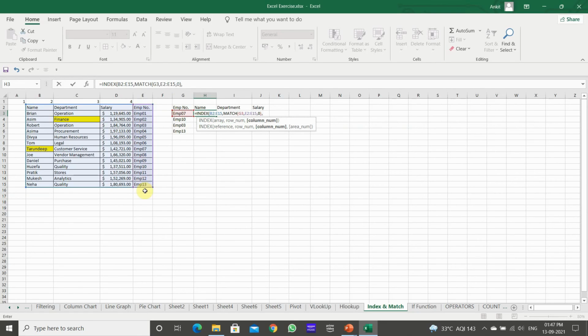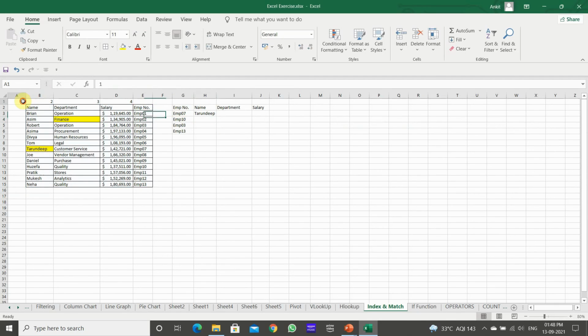Column number, at which column is the name? The name is at column number 1. Okay, enter. See, so there is no need of putting the employee number in the first column. It can be anywhere.